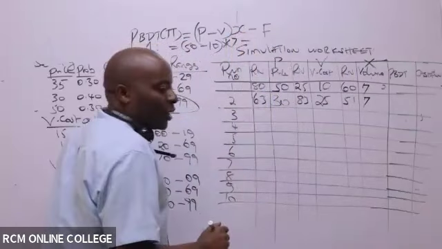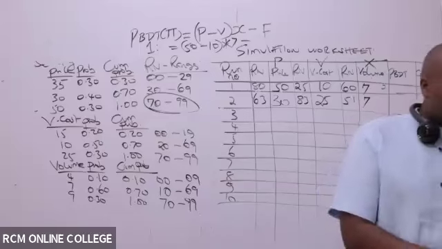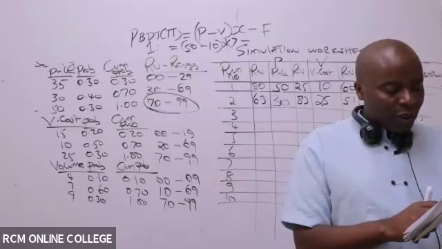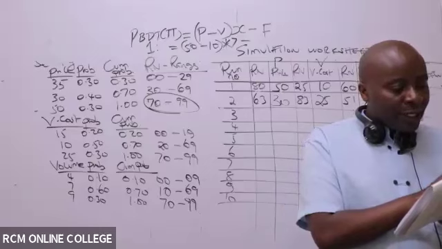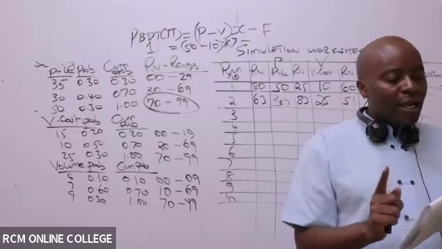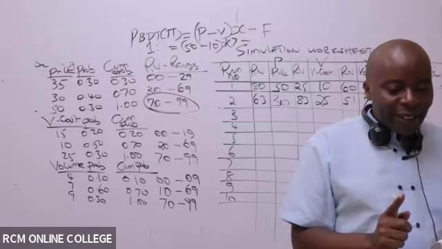Minus fixed cost. Are you able to see the fixed cost? Is there somebody who is able to see the fixed cost in this question? It's given there. There is a place they gave us fixed cost under additional information 1. Under additional information 1, they gave us,